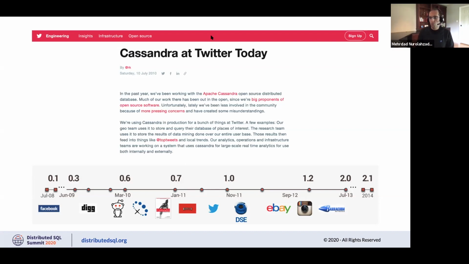And Twitter, of course, lacks Cassandra experience at this point, so it starts hiring engineers with Cassandra expertise. And engineers start basically to engage with the open source community. Twitter starts engaging with other companies behind Cassandra, namely Facebook. And they're trying to understand the roadmap for the Cassandra project, and also start contributing multiple patches to the